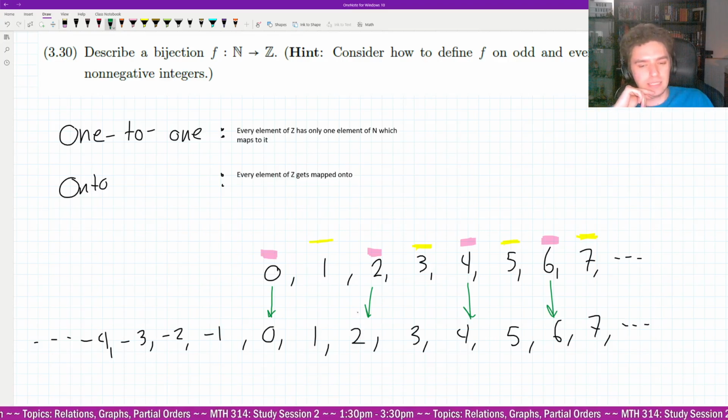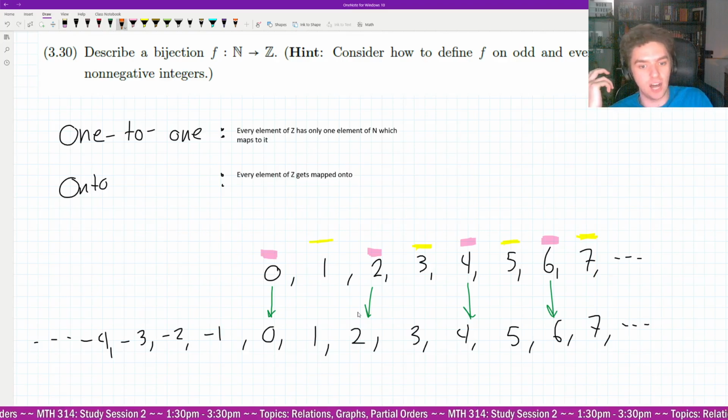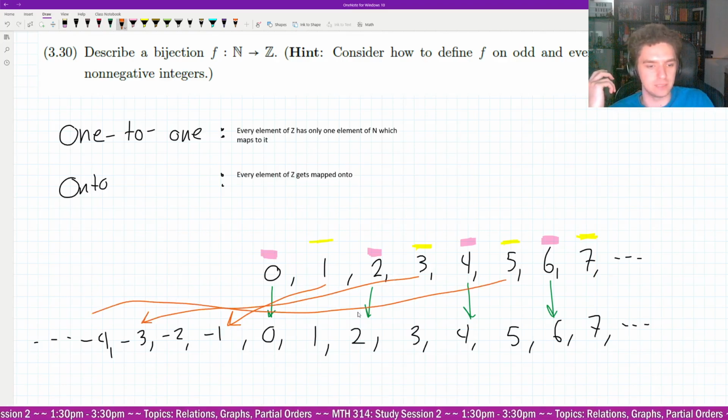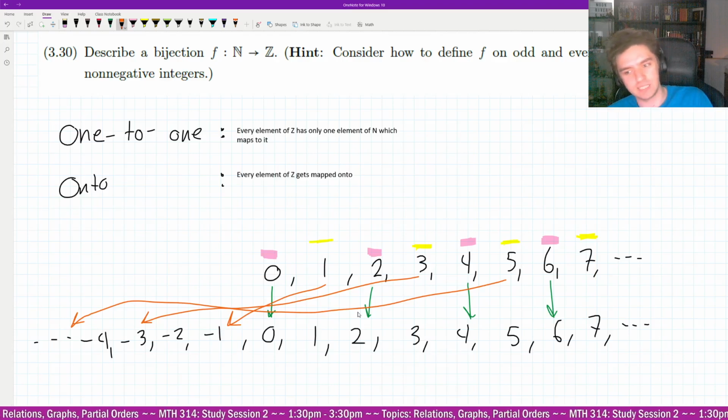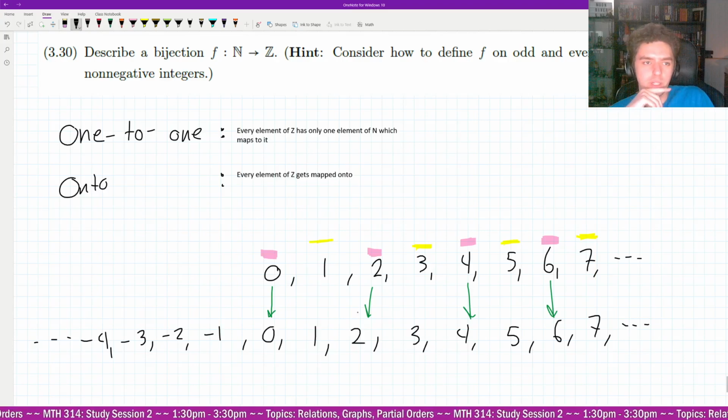Okay, but then what do I do? Because then maybe I could map the odds, maybe here's an idea. I could map the odds to the negatives of themselves. So maybe you go like that. But I'm missing a whole bunch. I'm missing all the even negative numbers, and I'm missing all the odd positive numbers now. So this won't work. So another thing you could do is to say that maybe I'm going to map,